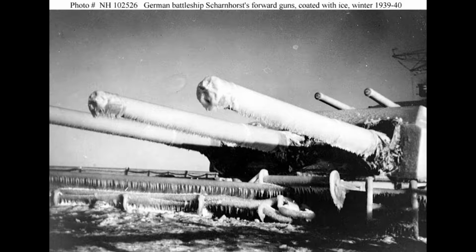Unknown to the Germans was the fact that the Allies could now read German naval codes, and as a result, the British prepared for the assault. The British forces consisted of 3 cruisers, HMS Belfast, and HMS Sheffield. These were commanded by Admiral Burnett, and the battleship HMS Duke of York, 1 cruiser and 4 destroyers, which were